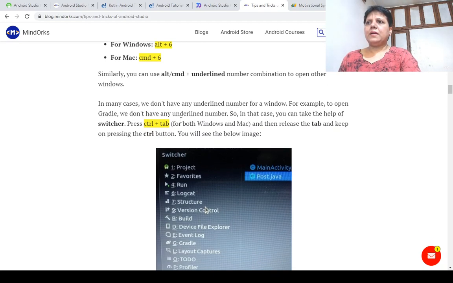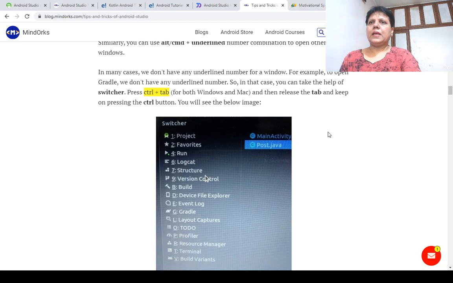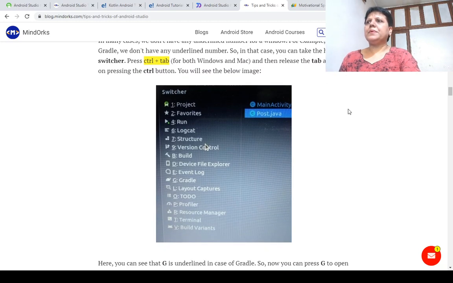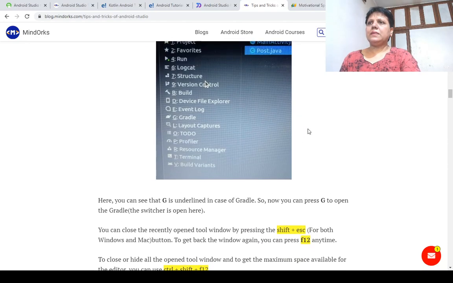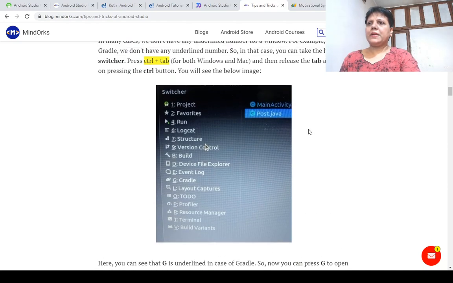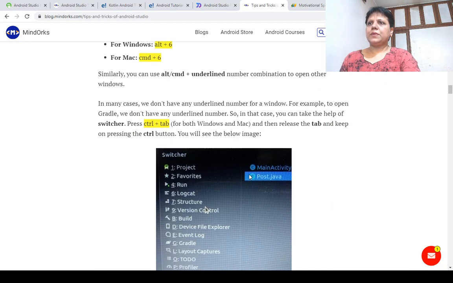To open Gradle, press Ctrl Tab and then release the Tab and keep on pressing the Control button. You will see the below image. You can see the G is underlined in the case of Gradle.